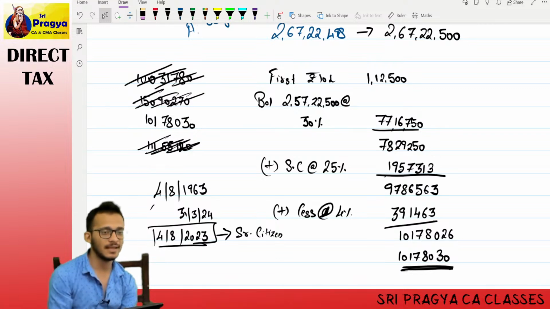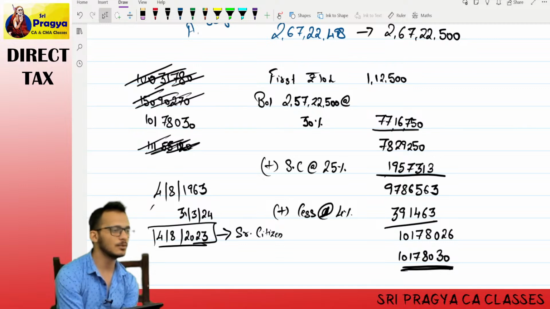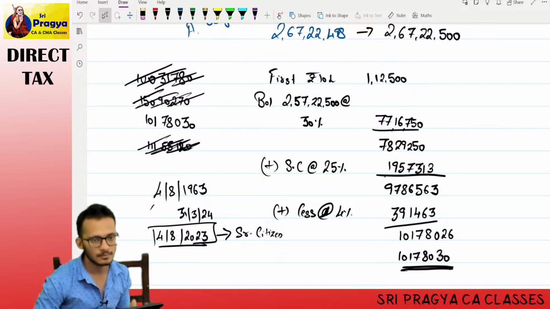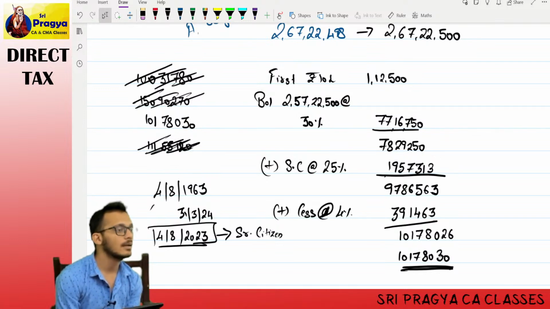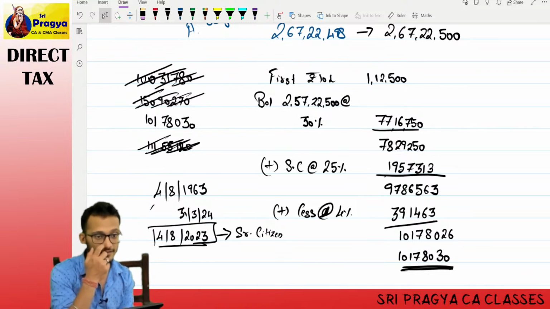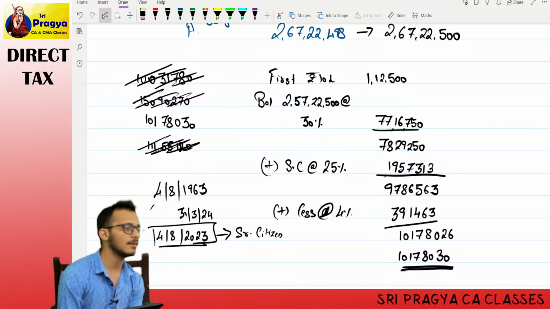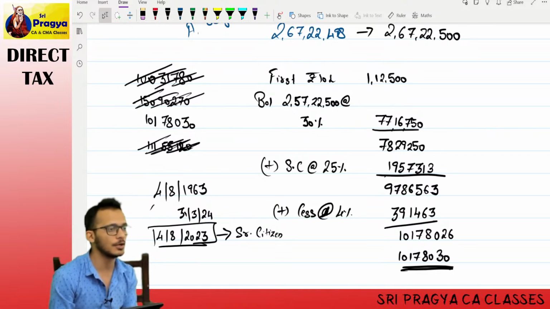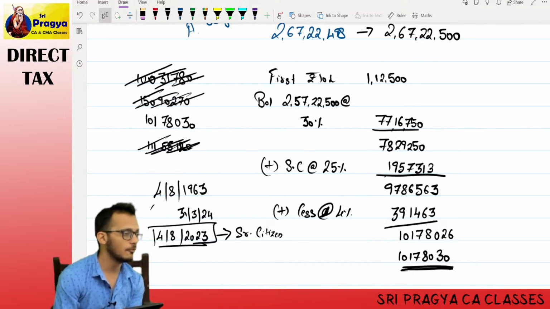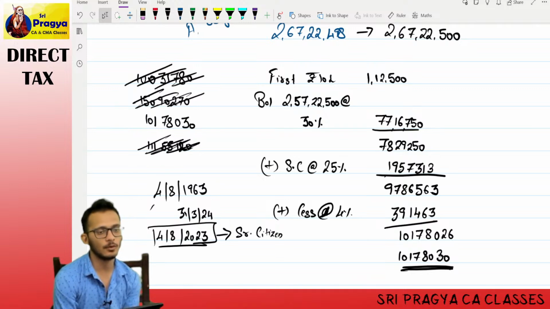In 2019, when Modi Sarkar came into power the second time, they said, I know these slabs have been going on for ages. We need to bring something special now. This itself is complicated. Let's simplify things a little better. I want to give power to you people to decide what you want to pay.